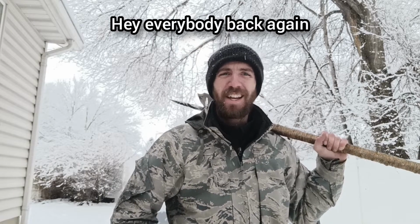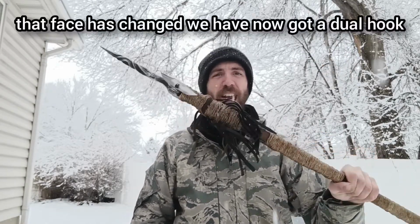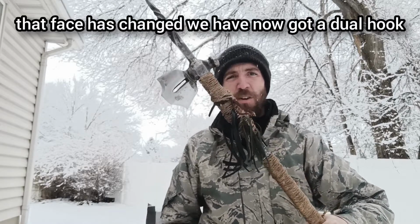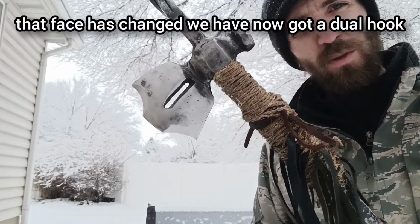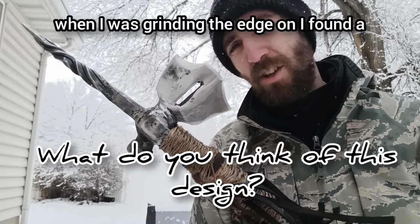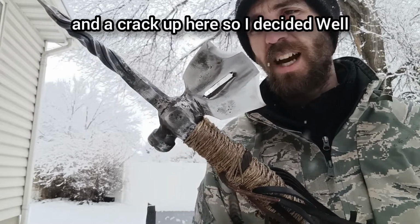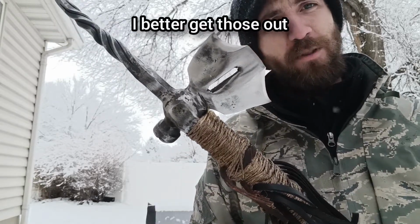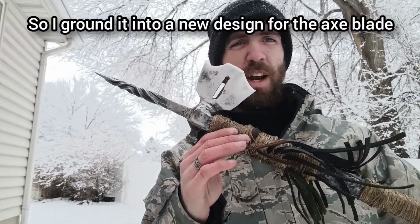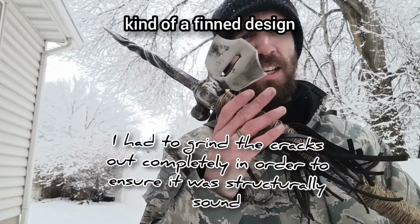Hey everybody, back again, and today we are testing our Poleaxe, and as you can tell, that face has changed. We have now got a dual hook and wedge kind of blade. So when I was grinding the edge on, I found a small crack up here and a crack up here. So I decided, well, I better get those out. So I ground it into a new design for the axe blade, kind of a finned design, and we're gonna